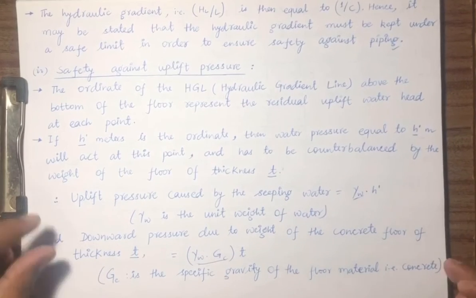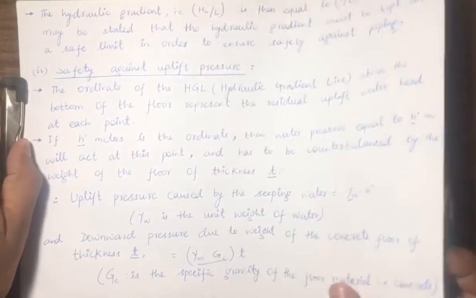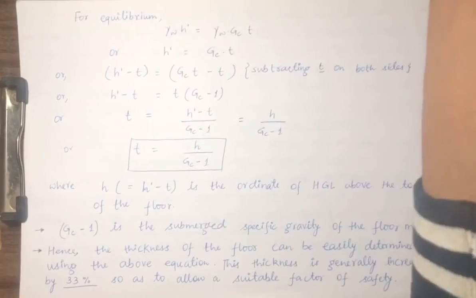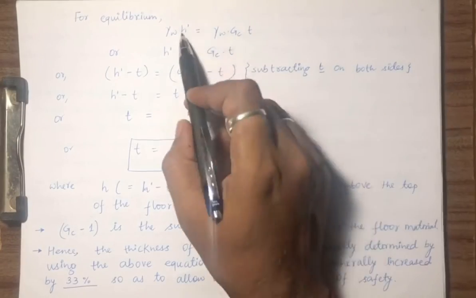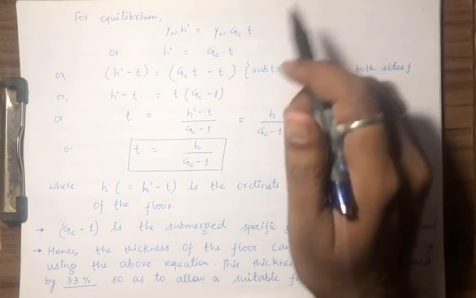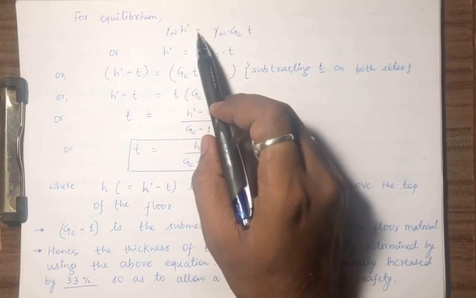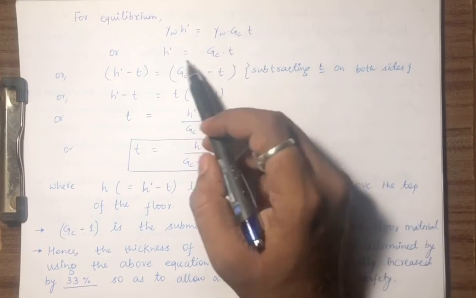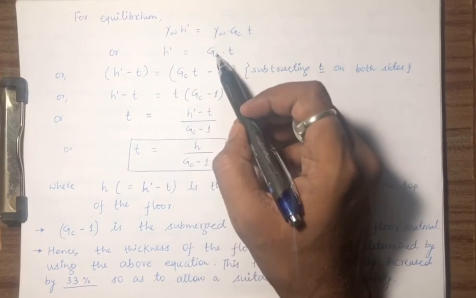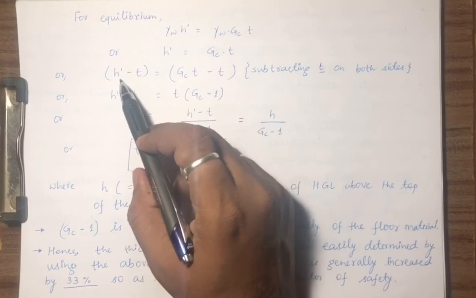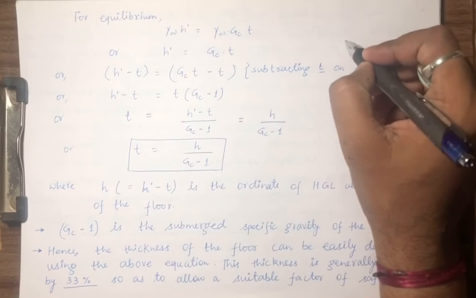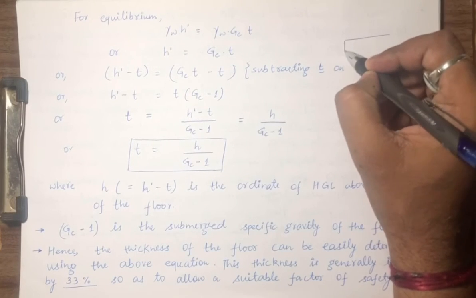Gc is the specific gravity of the floor material. So for equilibrium, these two have to become equal, that is gamma w into h dash is equal to gamma w Gc into t, or h dash is simply Gc into t. Now h dash minus t, so let us say this is the